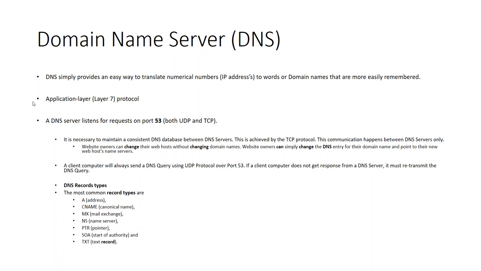105127448. Today I'd like to talk to you about the domain name server, DNS. DNS provides an easy way to translate numerical numbers, or IP addresses, to words or domain names that are much more easily remembered. DNS is an application layer 7 protocol. A DNS server listens to requests on port 53, both UDP and TCP. So UDP for us, doing queries from a client side,